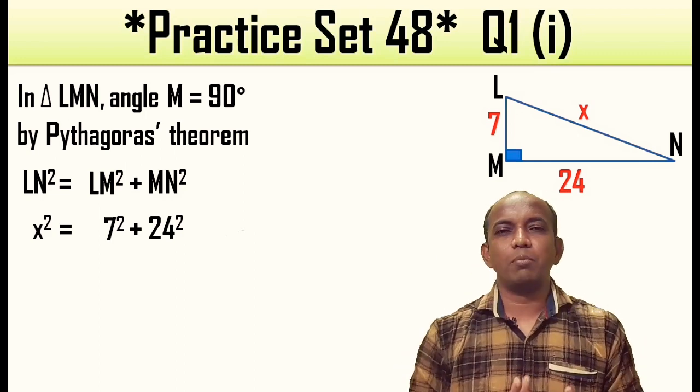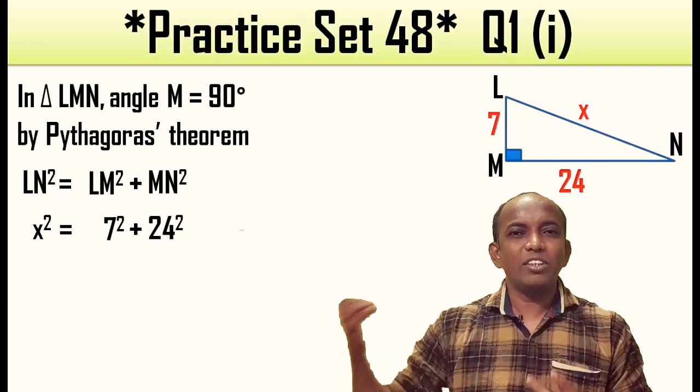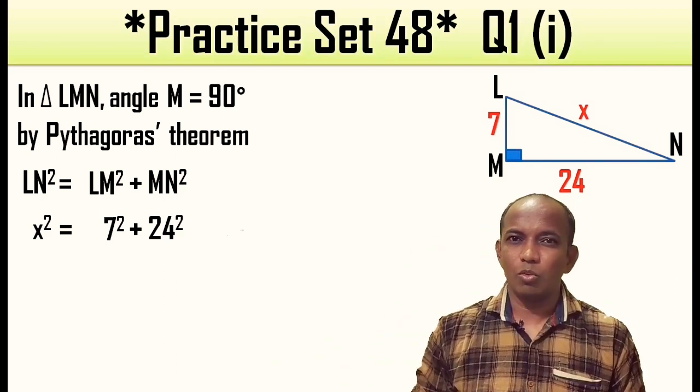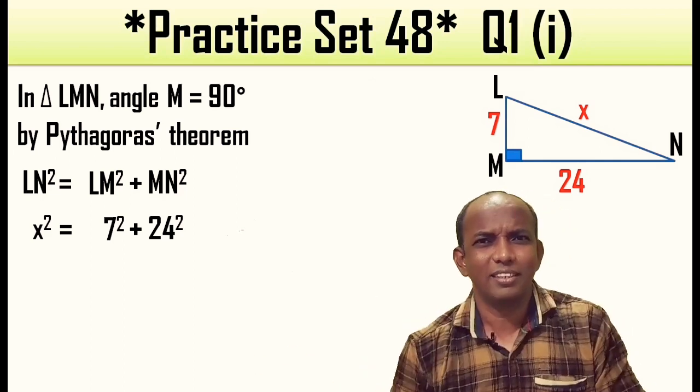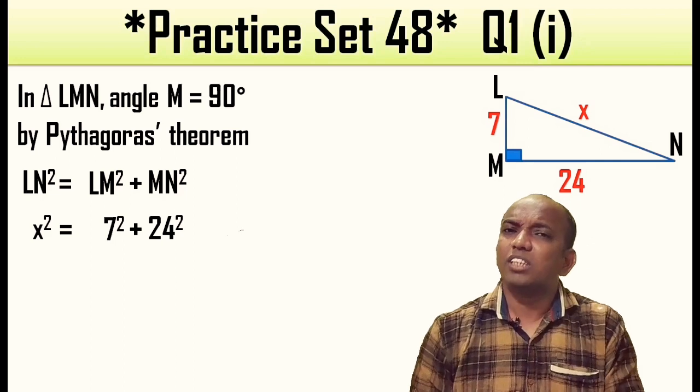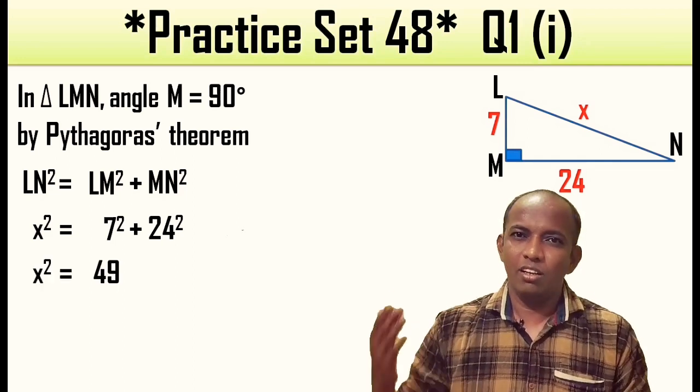Squaring a number means multiplying a number with itself. That means 7 square will give you the answer what? 7 sevens are, or 7 twos are? You're right, my dears, it is 7 sevens are. So what do we have? 7 sevens are 49. That is a number multiplied by itself.